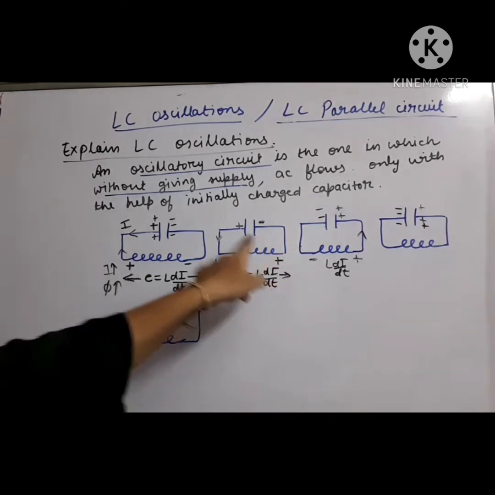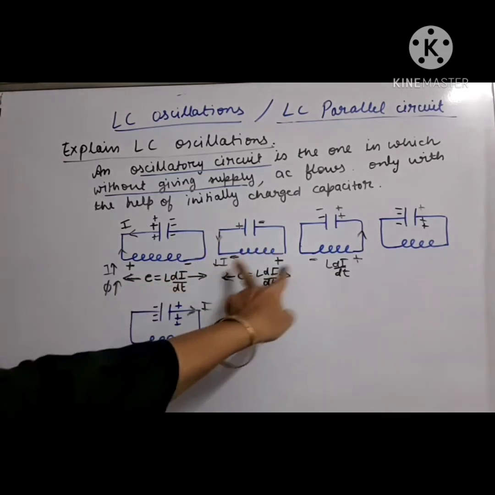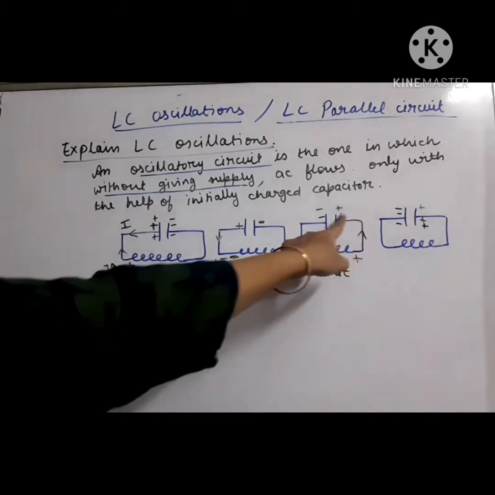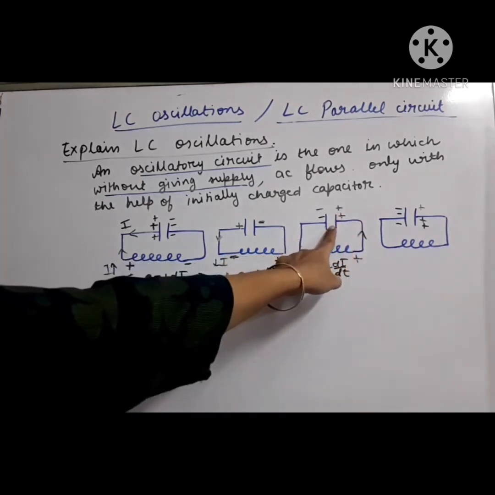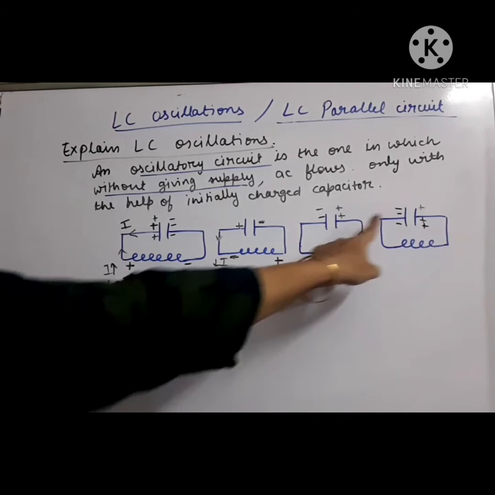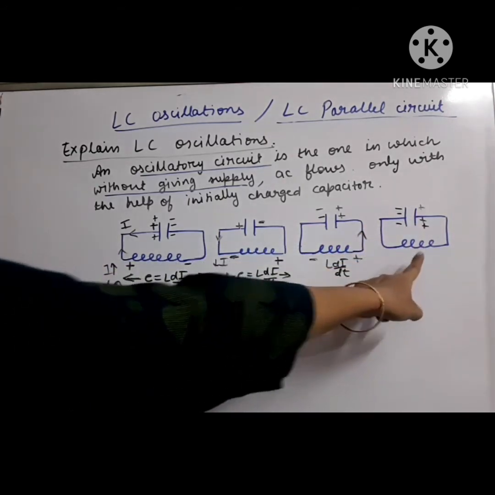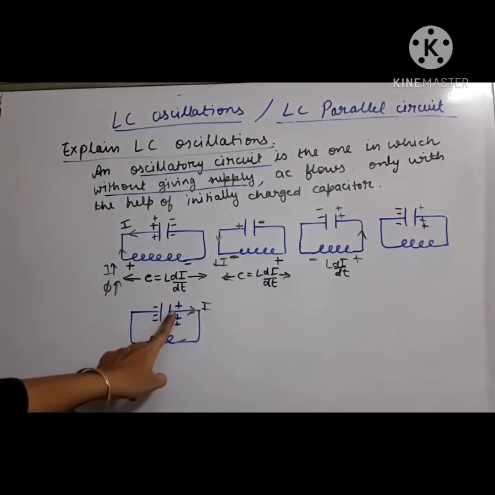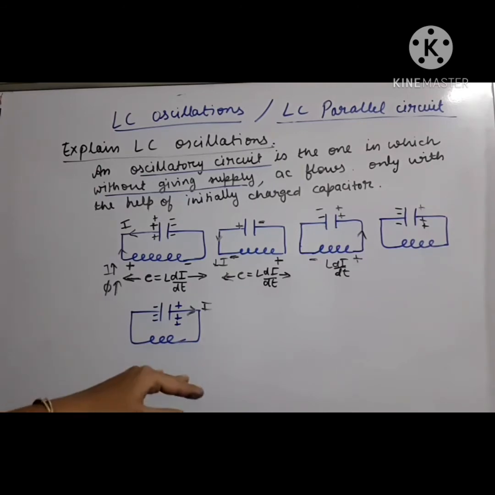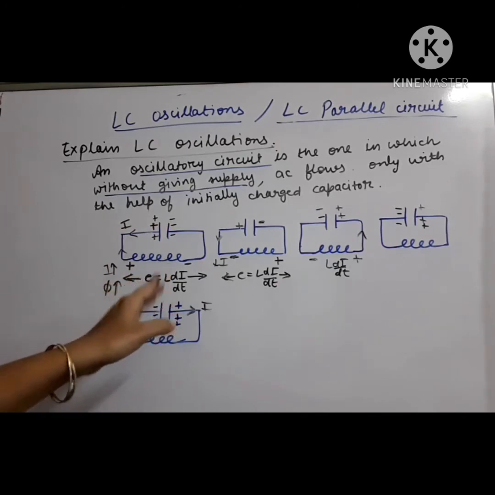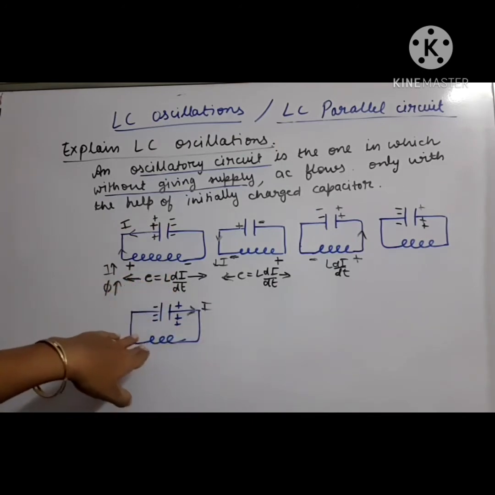Now capacitor is completely discharged, inductor is fully charged, inductor will become supplier now, it will supply current to capacitor, capacitor will start charging, it will get fully charged by the time L discharged. Then the same capacitor will supply the current in the circuit but in the opposite direction. So this way, for a certain period of time, the current flows in one direction, and for the next period of time, the current flows in opposite direction.